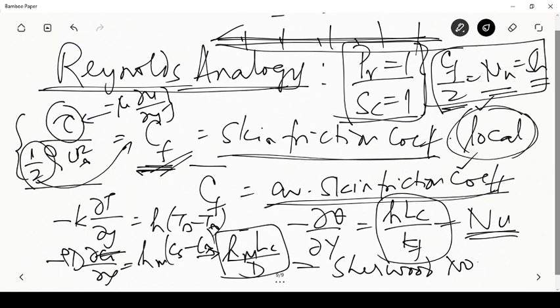So you get Cf bar, Nu bar and Sh bar, just like you have Cf, Nu and Sh, and then we can give a relationship between the averaged quantities also in the same fashion using the Reynolds analogy. So when the Prandtl number and Schmidt number are equal to 1, then we say the Reynolds analogy is valid, then all of these quantities can be equated to each other. So this is one